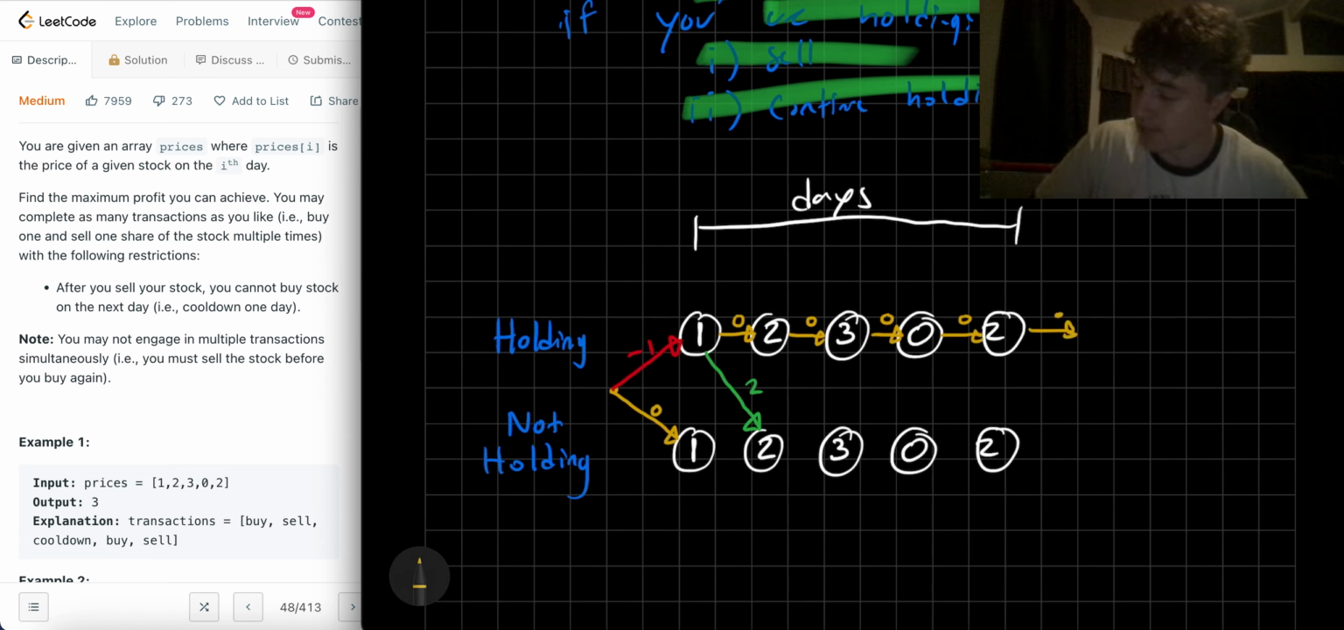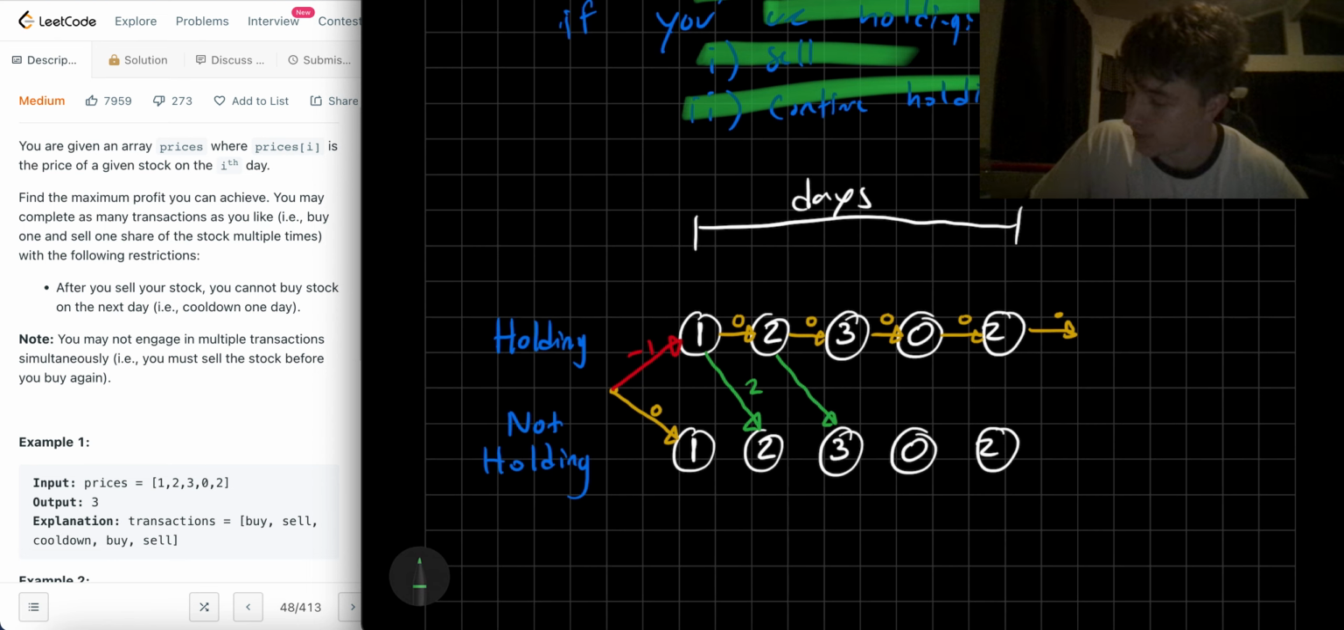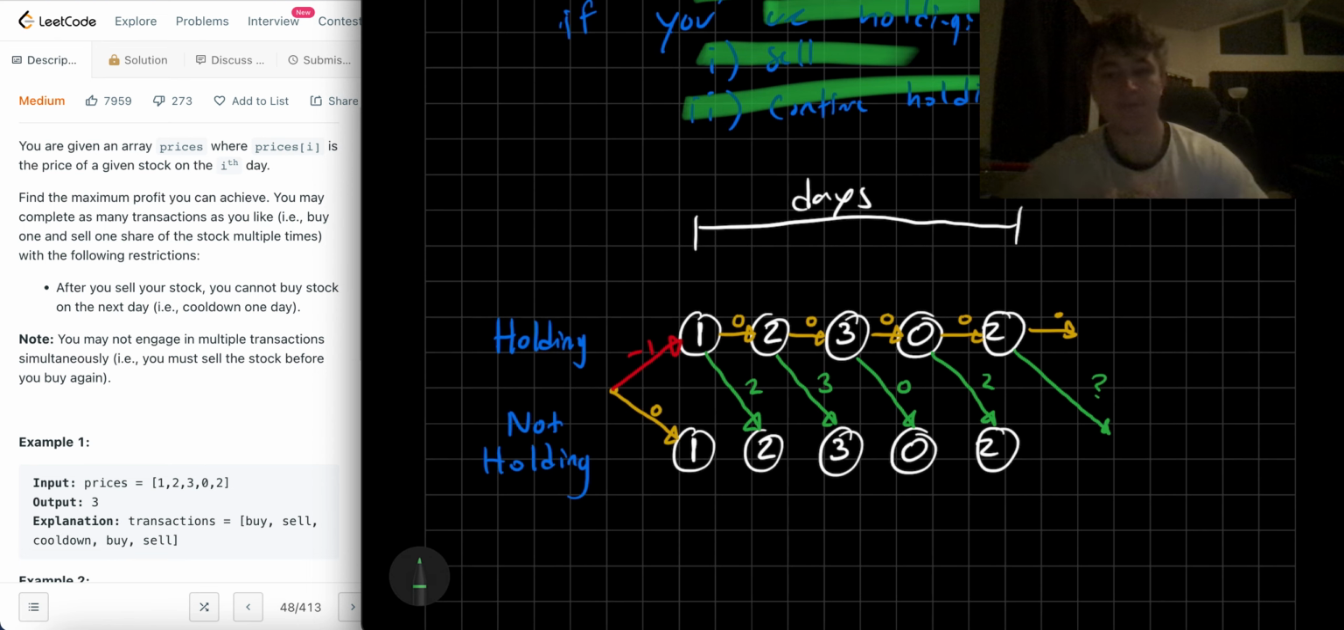Or I could decide to sell on every day, right? If I'm here, then I can sell and I'll get $3. If I sell here, I'll get $0. If I sell here, I'll get $2. And if I sell here, this will have to be determined in a moment, because there's a little bit, like